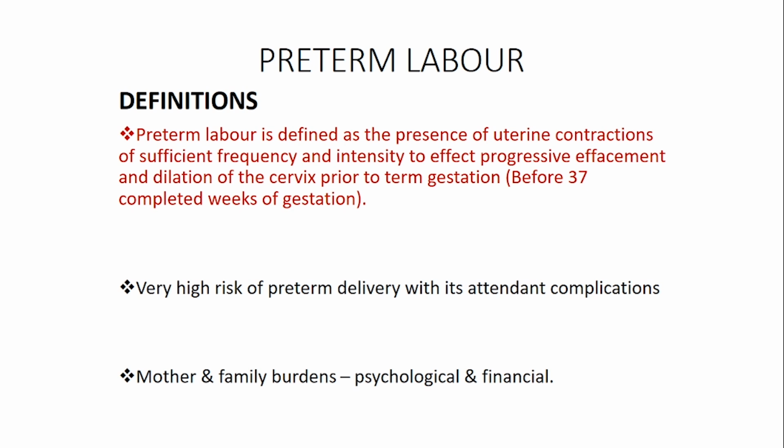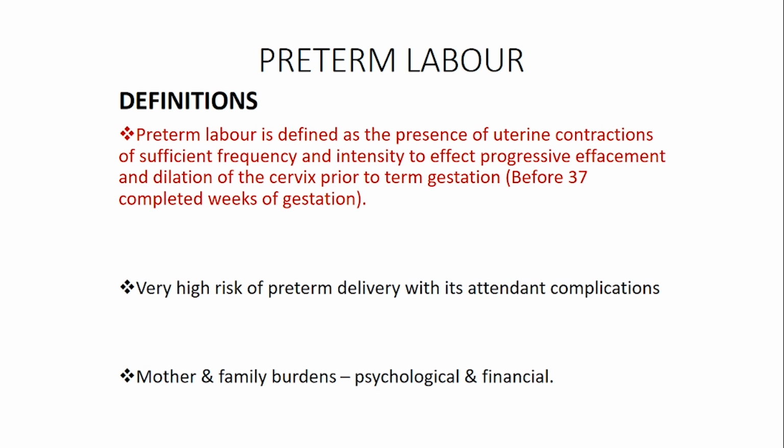What do we know as preterm labor? Preterm labor is defined simply as the presence of uterine contractions of sufficient frequency and intensity, leading to progressive effacement and dilatation of the cervix prior to term gestation. Term gestation is taken in this context as 37 completed weeks of gestation. There is a very high risk of preterm delivery when there is preterm labor